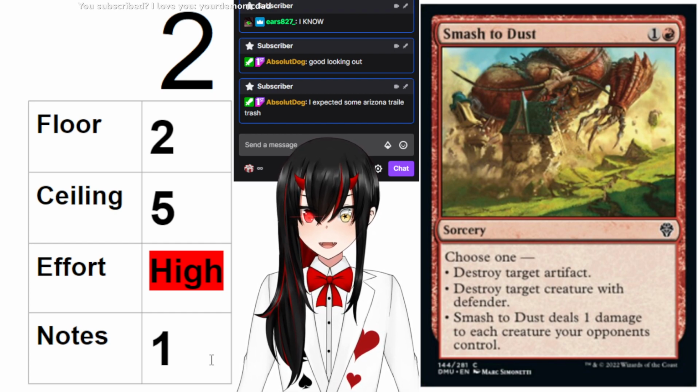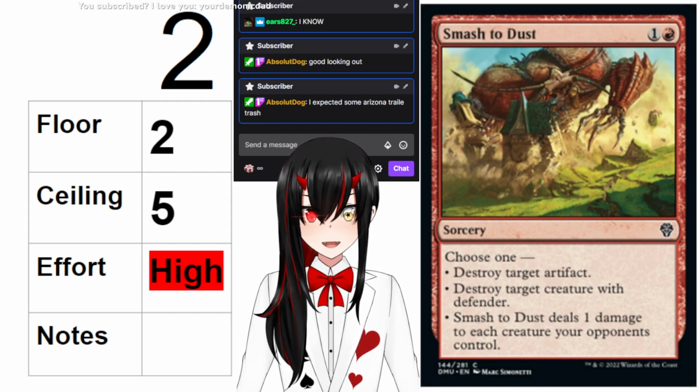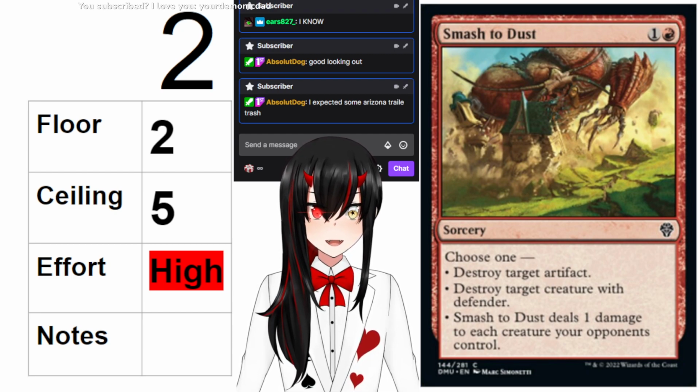Smash to Dust. This is another card we're going to revisit. 1 and a red for a sorcery. Choose 1. Destroy target artifact. Destroy target creature with defender. Deals 1 damage to each creature your opponents control. So if this is good,